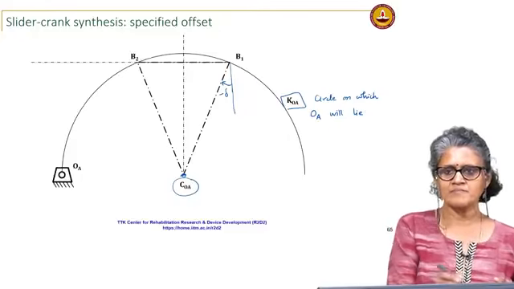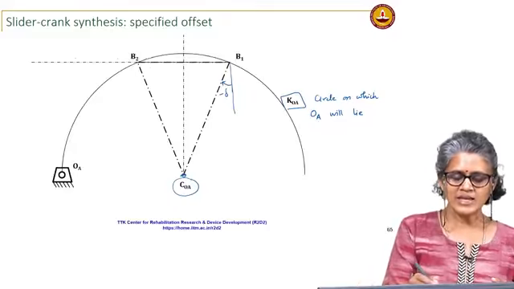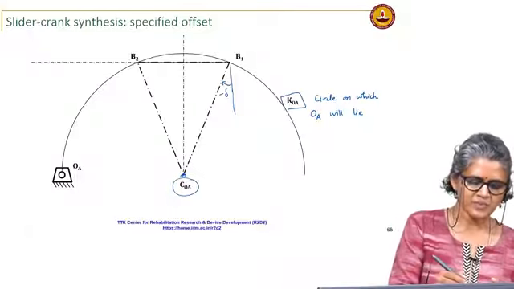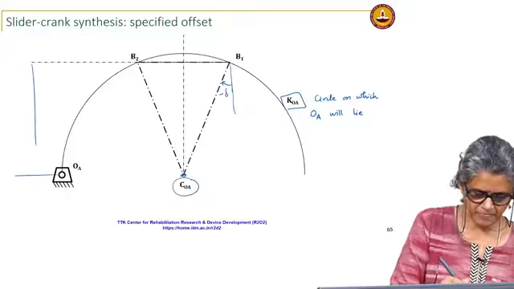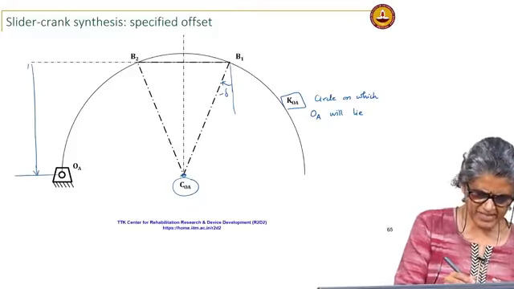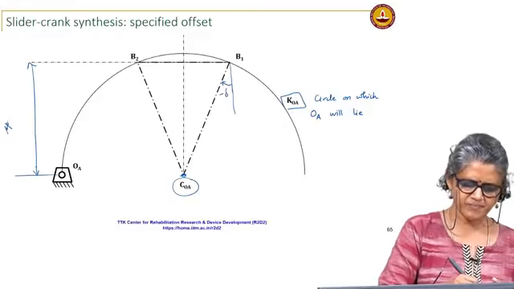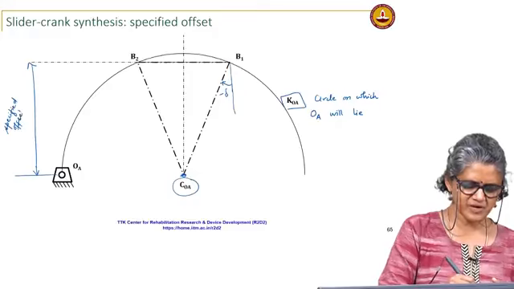I know the line in which the slider moves, B1 B2. From there, whatever my offset is, I mark it off on that circle. So, this is my specified offset,